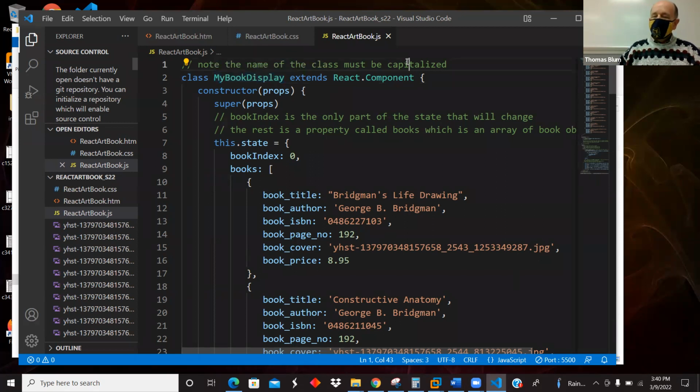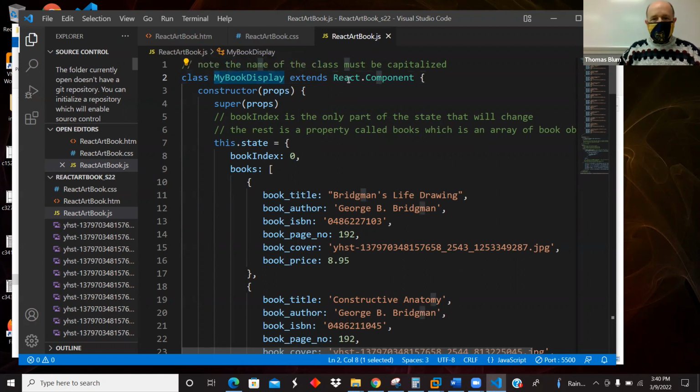Again, if it won't work, and it's a very hard error to find, so that's why every time I remember to say it, I say it. I'm repetitive, but if you make that mistake, that can be a very hard mistake to find, because it's not going to say, oh, hey, you didn't capitalize the name of your class. It's going to have some obscure thing that's hard to interpret. So try to remember to